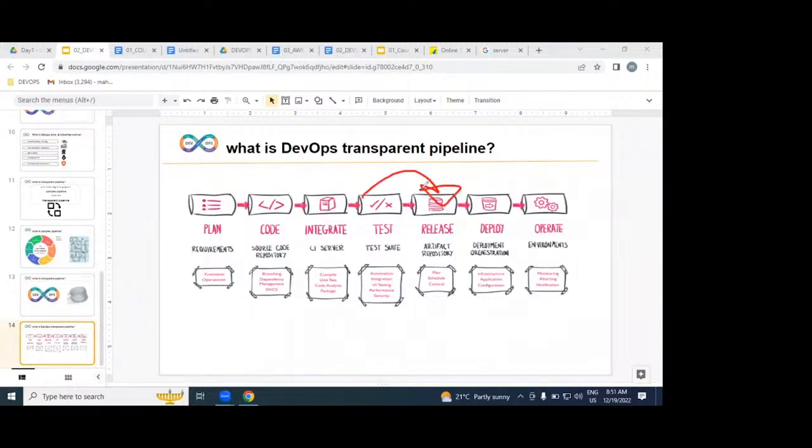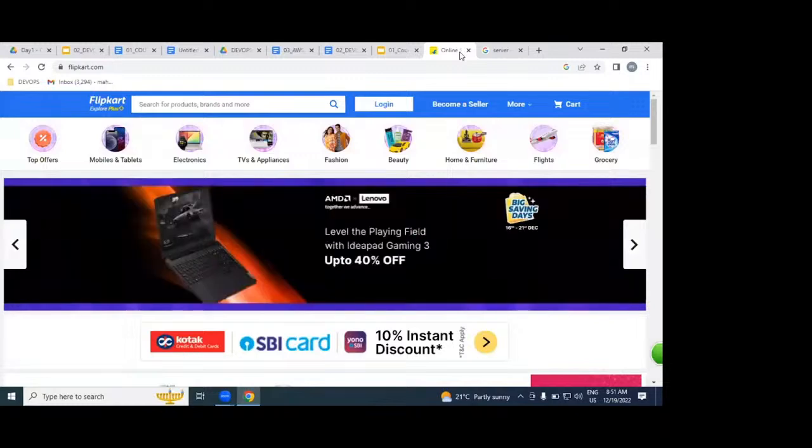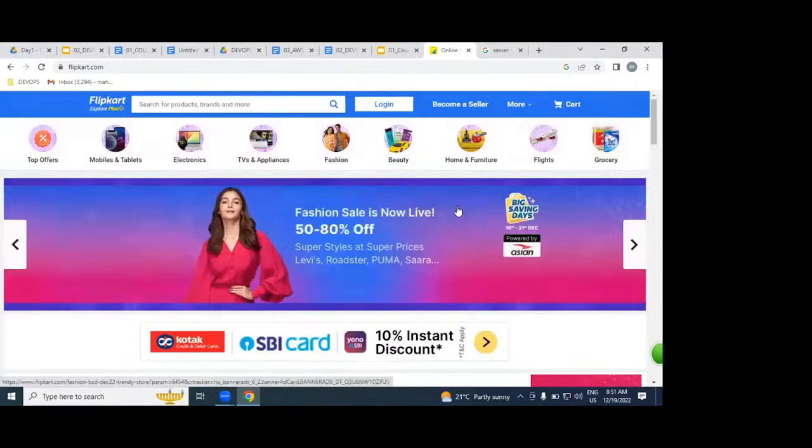In a particular maintenance window, on a particular scheduled date, we place it on hundreds of servers. Once it is placed on hundreds of servers, we can access it on the internet as a website. This entire process we call DevOps. Once our application is placed and we can access this website on the internet, our job is finished.